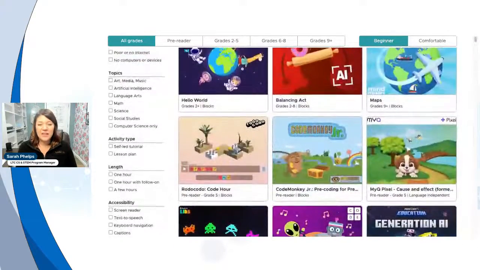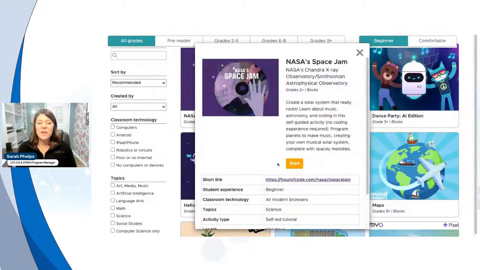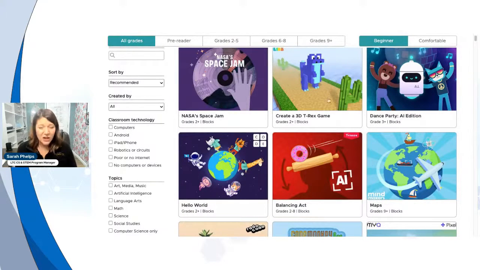So when you click on an activity, you're going to see all of the things that they need. There'll be videos, guidance, directions, everything for them to be successful. You, the teacher, don't have to teach or facilitate the lesson. They're meant to be self-paced, so students can work through them at their comfort level, at the speed they're interested in. But again, they're intended to be beginner activities that shouldn't take more than an hour.